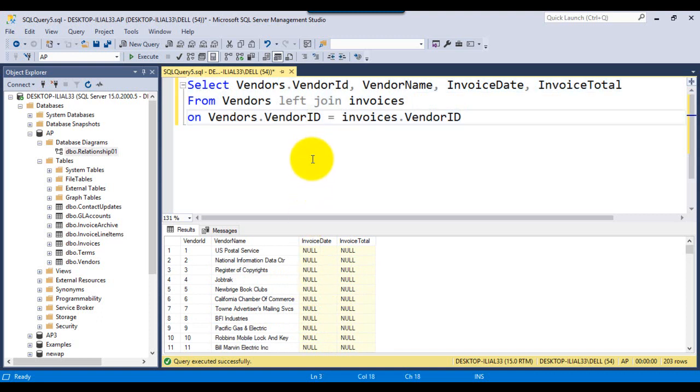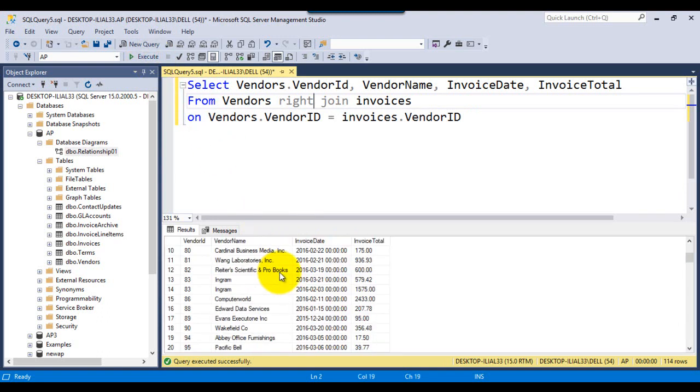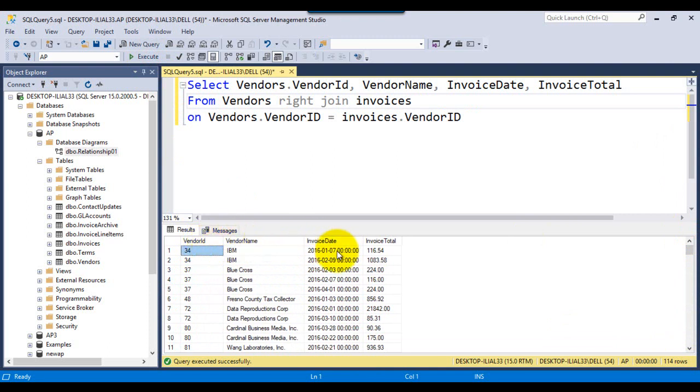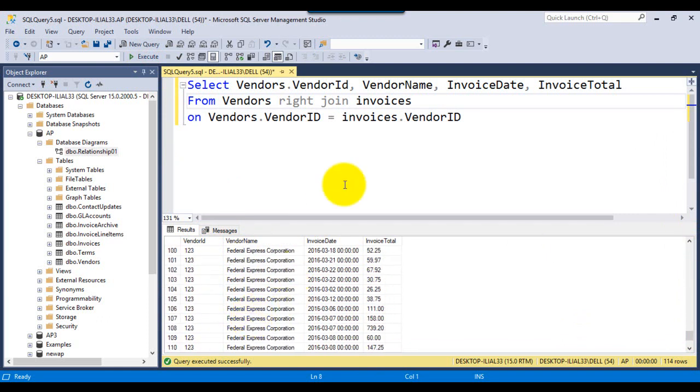And for the right join, instead of left we will say RIGHT. It's going to pull all data from this table and the balance from this table. In this instance, let's see if we have any null records. Here we don't have any null records because we have a primary key foreign key relationship strictly implemented, so there are no orphan records. That's why it is not showing. If there are orphan records, it will display. That's how the outer join works.